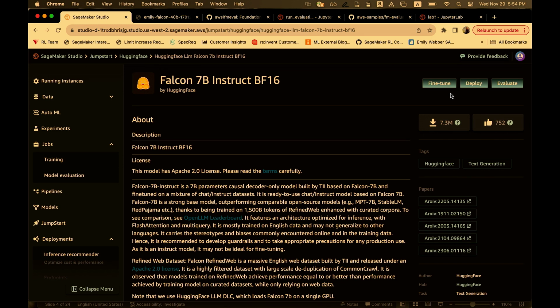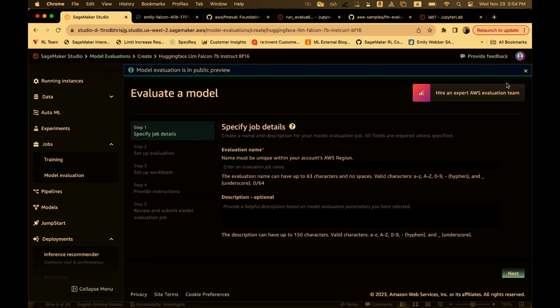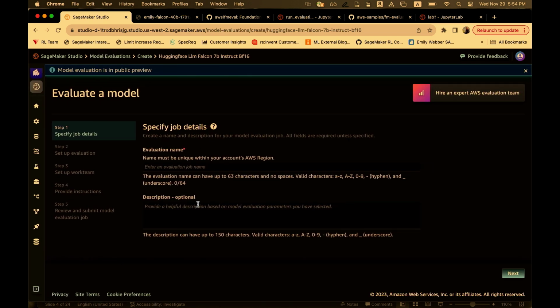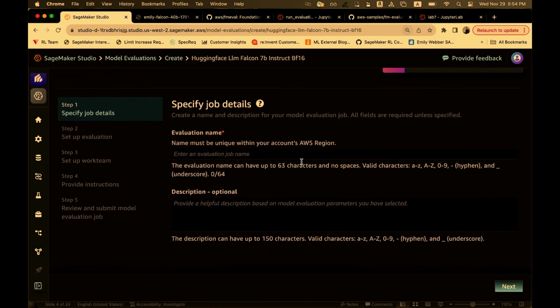Actually, the evaluation job can take a pre-hosted endpoint. So if you already have a SageMaker endpoint created in your account, and you just want to point to that and run a job, you're welcome to do that. If you want to create a new endpoint temporarily while the processing job runs, that's fine as well. So you have many options there. We'll say evaluate. And then I'm going to zoom in here just a little bit to get a deeper view. I'll say Emily test.